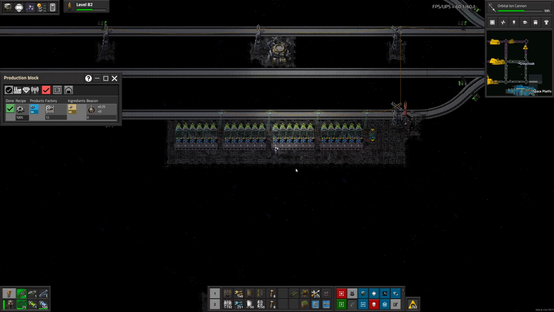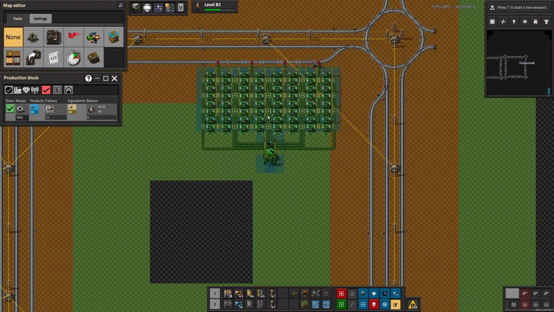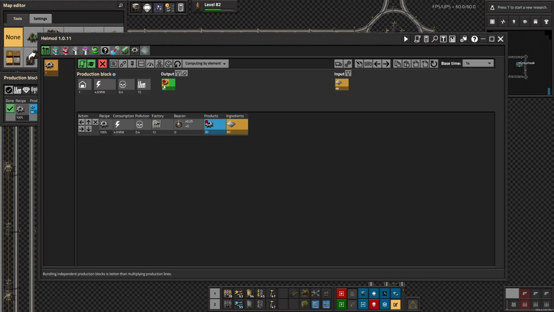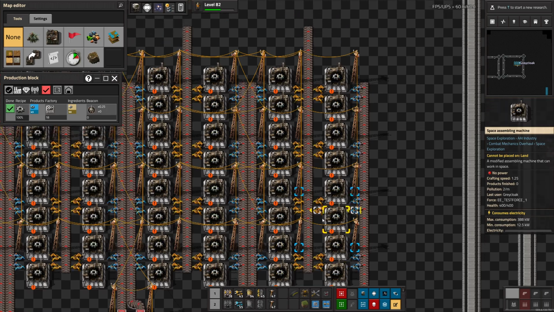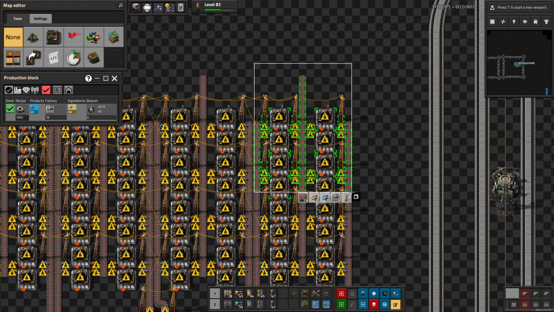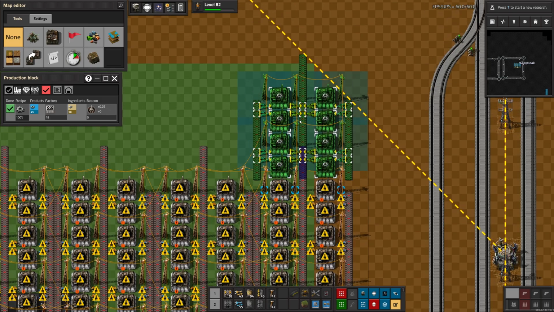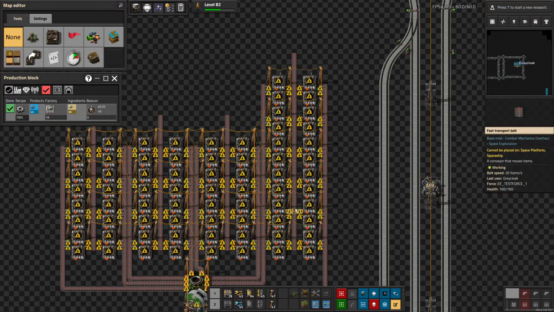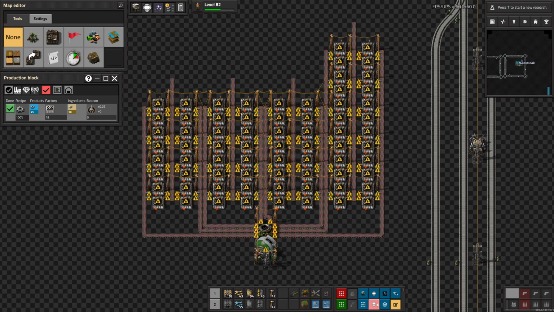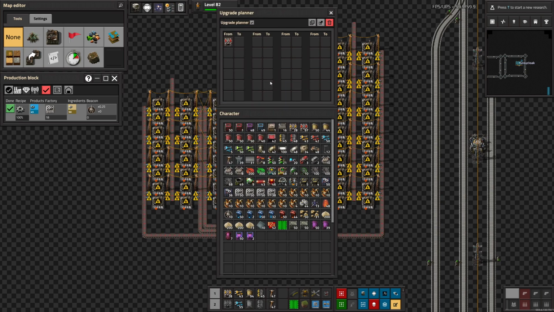Oh dear. I can't undo stuff in here without undoing it out here, I think. But if we just redo the calculations for 45 per second, 18 machines. If we go up to 24, we have a little bit of an overhead. We need to change the belts from red to...